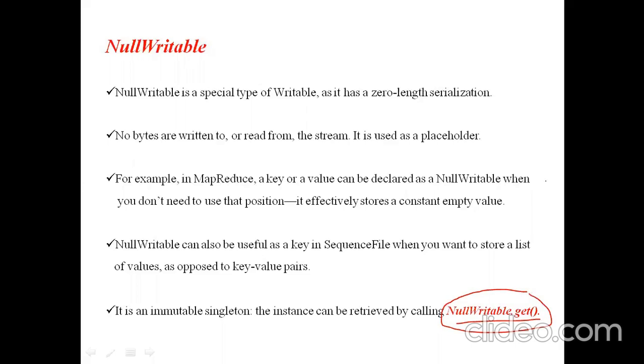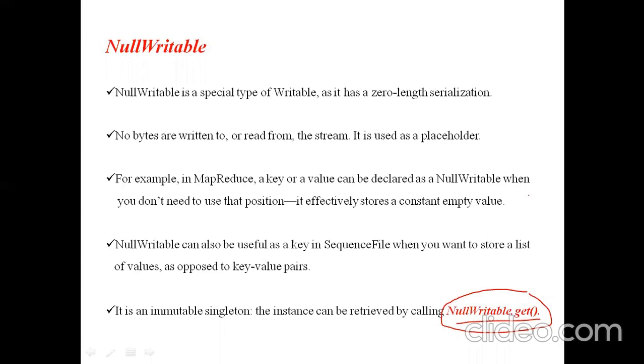This is briefly the concept of null writable. Simply, it is a placeholder and it doesn't have any value. When we declare a variable as null writable, it means the variable does not have any value at this moment, so that in the future the variable can take values. At present the variable is required, but it doesn't have the value.